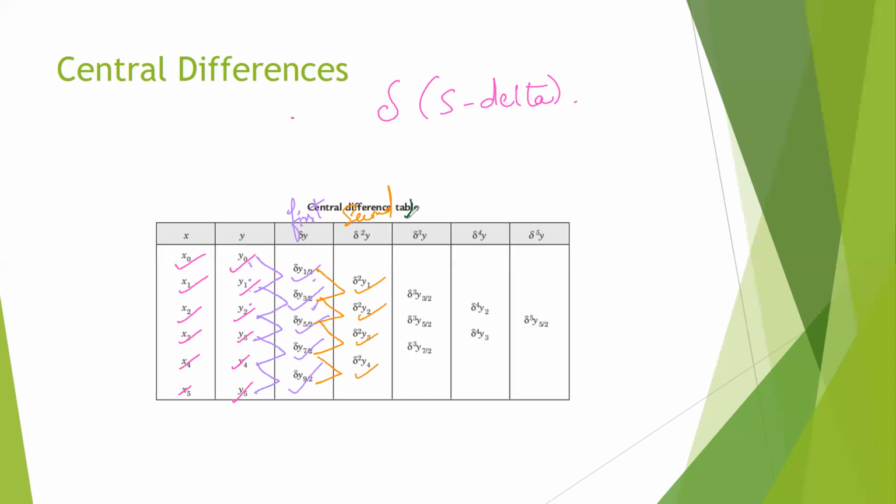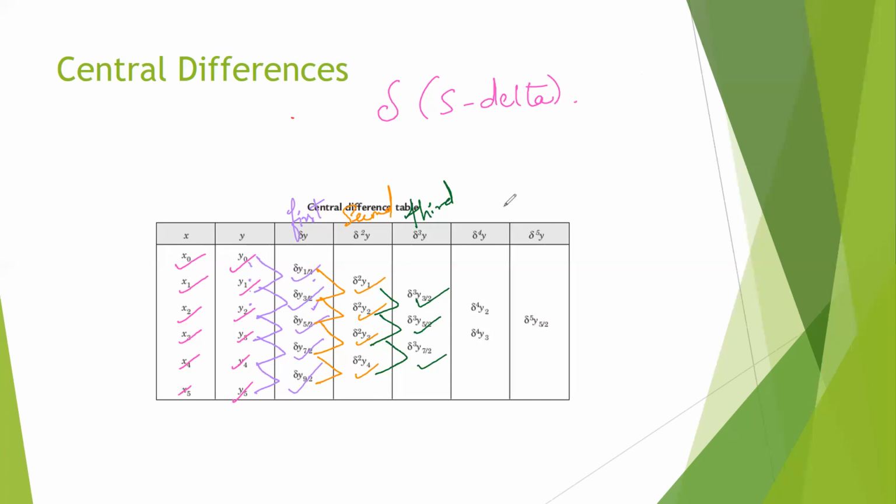And next, third central differences are delta cube y 3 by 2, delta cube y 5 by 2, delta cube y 7 by 2. The difference between delta square y2 and delta square y1 is delta cube y 3 by 2. The difference between delta square y3 and delta square y2 is delta cube y 5 by 2. The difference between delta square y4 and delta square y3 is delta cube y 7 by 2. So after the third central differences,